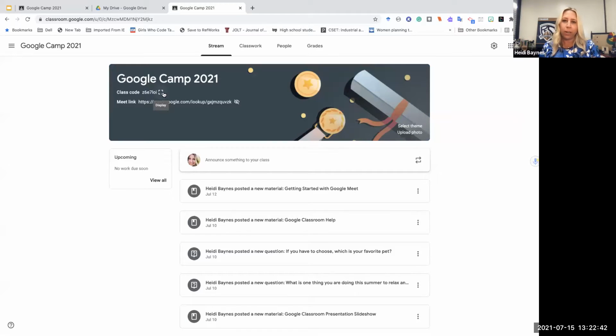Depending on what grade or what subject or how you're using Google Classroom, you might have multiple classes. If you're a secondary teacher, right, you might have 5 or 6 Google Classrooms, one for each of the periods that you teach, or one for each of the preps that you teach. If you're elementary, you might have one Google Classroom, and I'll show you how to organize it by subject so you can have all the different subjects that you teach as an elementary teacher. It'll vary